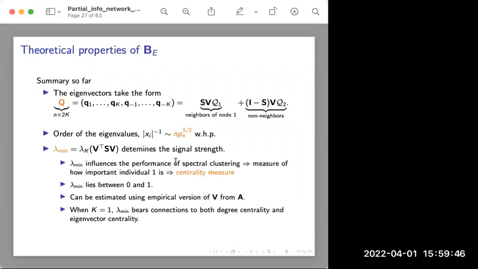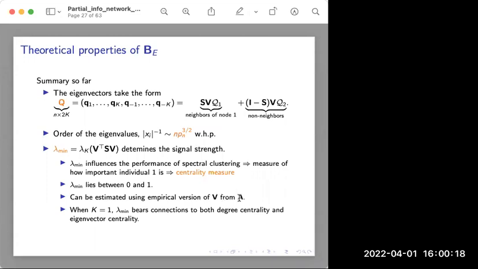Or put it another way, it tells us how important or how central individual 1 is in terms of telling the global community memberships of everyone. So in this sense, lambda mean provides a centrality measure for the node. And naturally, we can show that this quantity lambda mean lies between 0 and 1. And empirically, we can estimate it using the observed version of V from the observed matrix A,